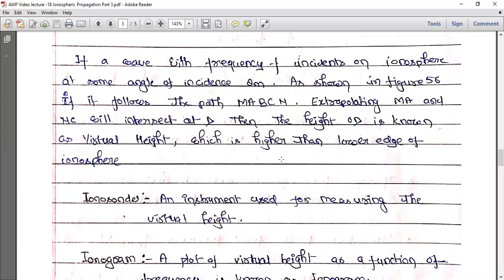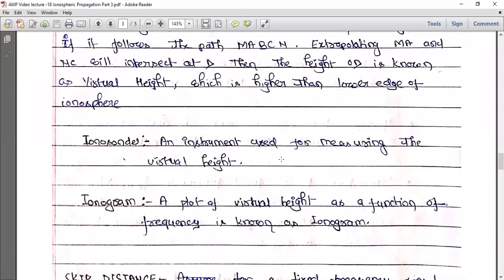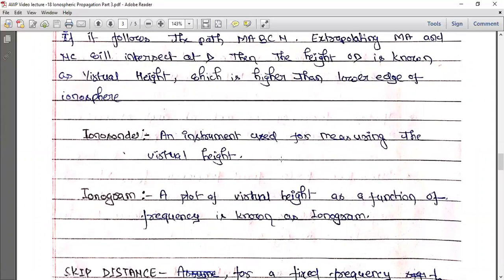For different frequencies, this height is different, and it is obvious also. If in equation number 164 you put a particular frequency f and the angle of incidence is 0, since you are assuming that all these waves are incident on the ionosphere normally, you will find different values of n from which the waves are reflecting. And so a plot of virtual heights as a function of frequency is formed, and this is known as an ionogram. These ionograms are very important for experimental studies of the ionosphere.